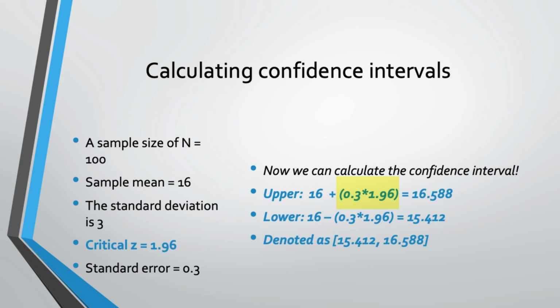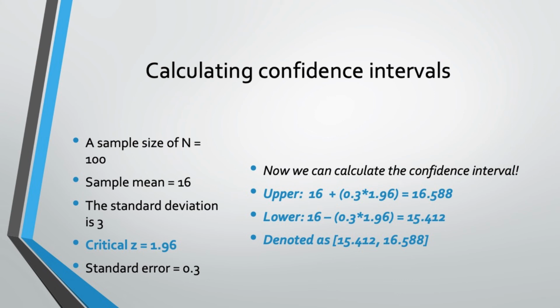So 0.3 standard error times 1.96, which is the critical value, equals 0.588. So all we have to do is add that to the mean and subtract that from the mean. And that's going to give us a range of what we think the actual population estimates are. So 16 plus 0.588 equals 16.588, obviously. And 16 minus 0.588 equals